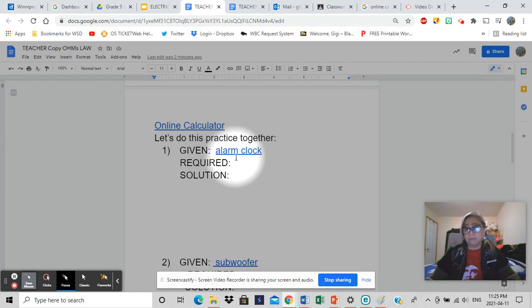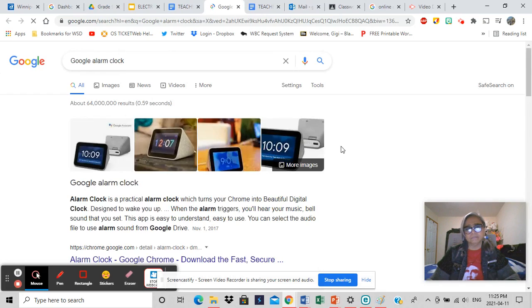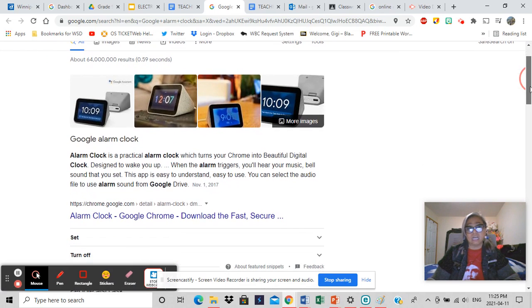An alarm clock, you exactly know what that is, right? But I do have here some sort of a visual, and probably the uses still of an alarm clock even in this millennial age. It says here an alarm clock is a practical alarm clock which turns your Chrome into a beautiful digital clock. So maybe you can do that also if you have a Chromebook at home. So you can set the alarm there. But in any case,